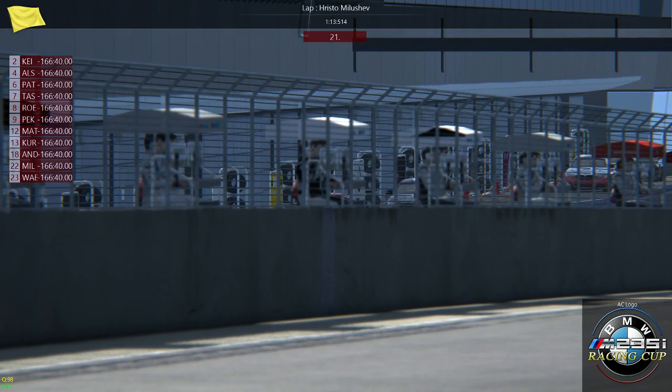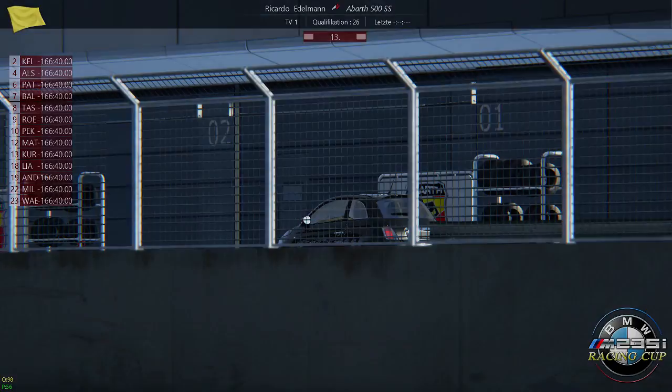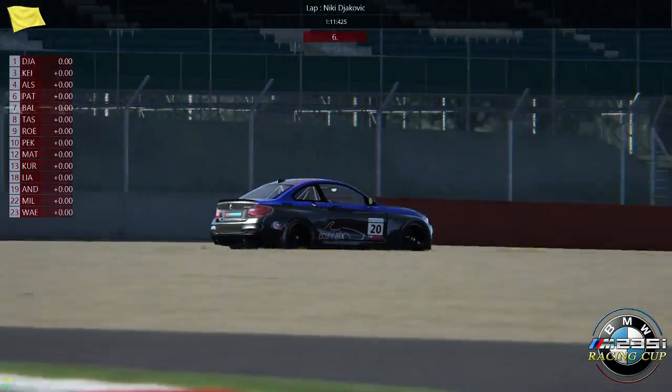Keverkidis and Keithley are in the pits. Jakovic is still on track. Al-Sadi is still on track. So we still have a couple of drivers who could easily take pole position. Jakovic is going through the club corner right now. Let's see what he's got here. He'll have time for one more lap. And he improves to the top spot. He's got a